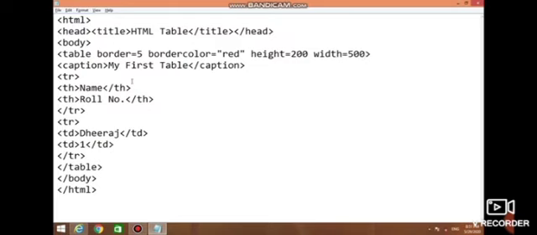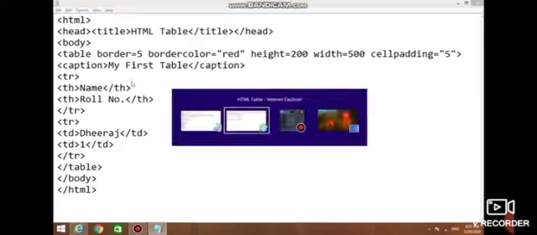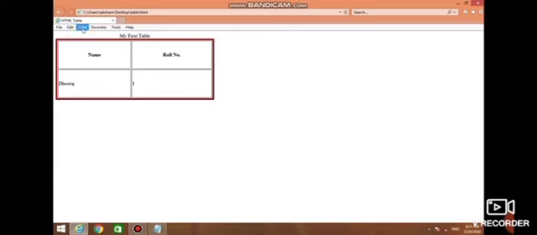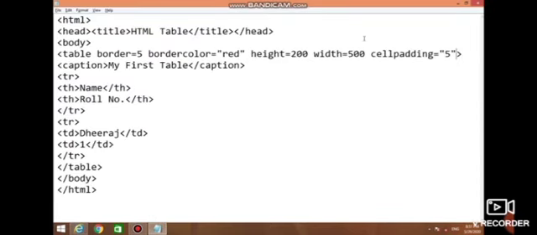Another attribute of table is cell spacing, cell padding. Cell padding represent the distance between cell borders and the content within a cell. Means we can increase or decrease the space between the cell borders, cell boundary, or the content whatever we have inserted in the cell.